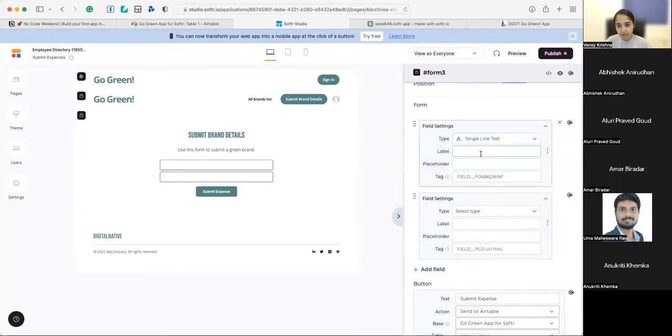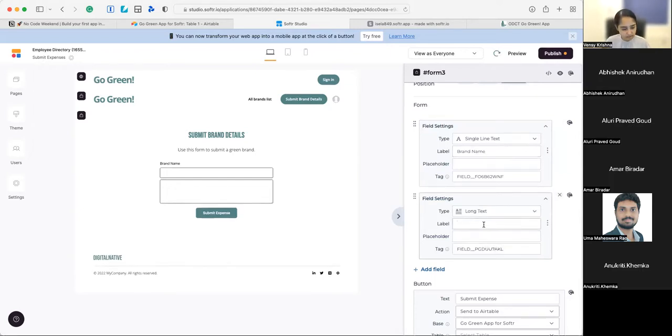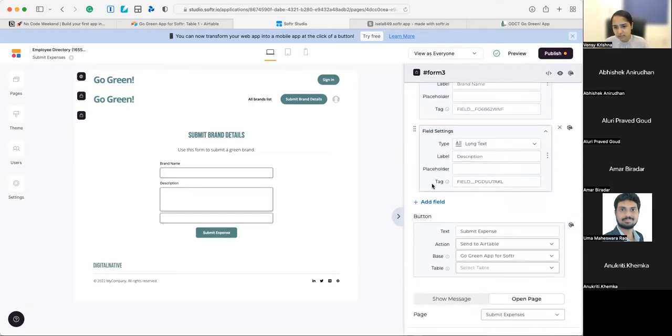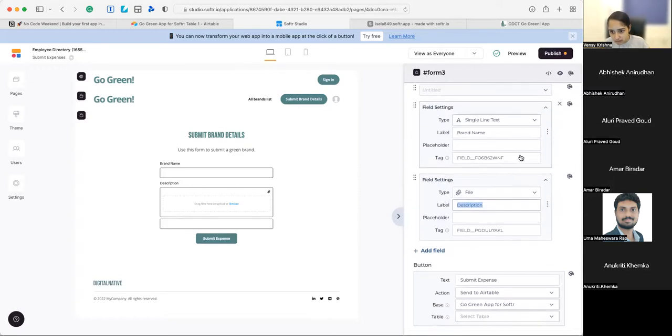Single line text, label is going to be brand name. Next is going to be long text, is going to be description. Some more like a picture. So file, picture is uploaded as a file. So the name is going to be